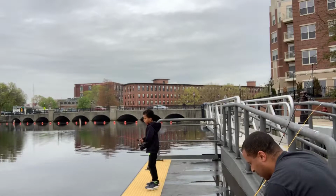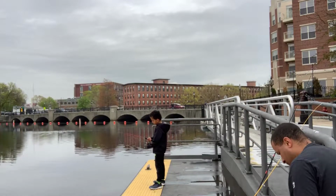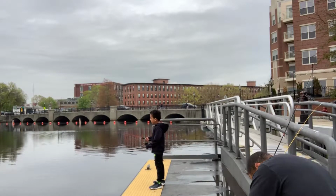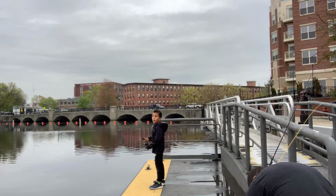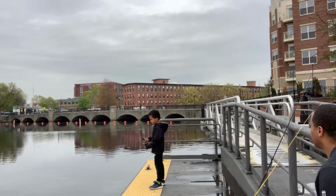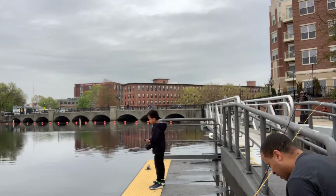spinnerbait. Yeah. And that's slow too. That was almost swallowed. And make sure you feel the line. Don't let them do that. It's really hard to help them. I found my